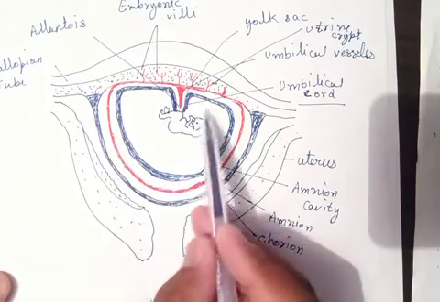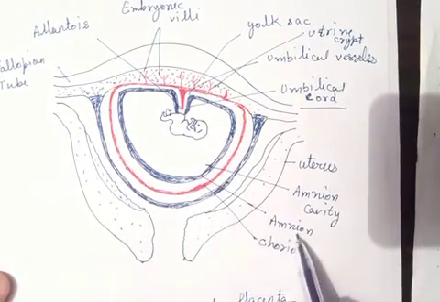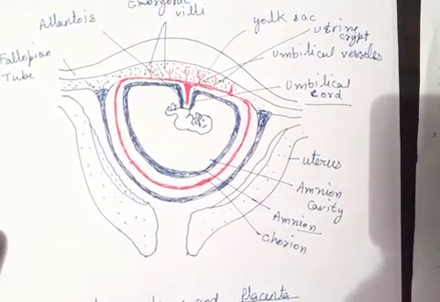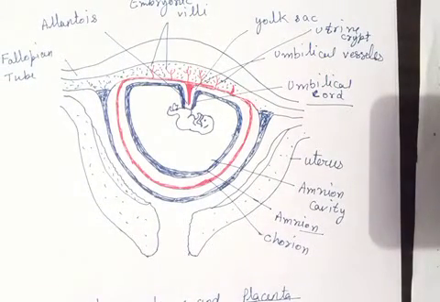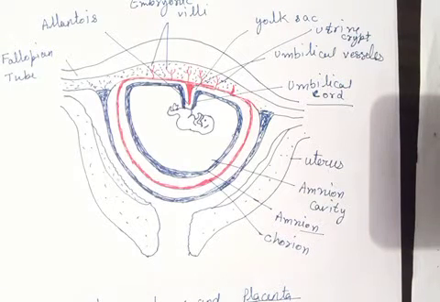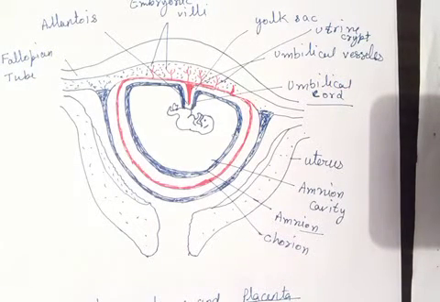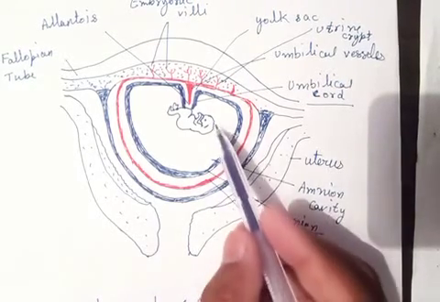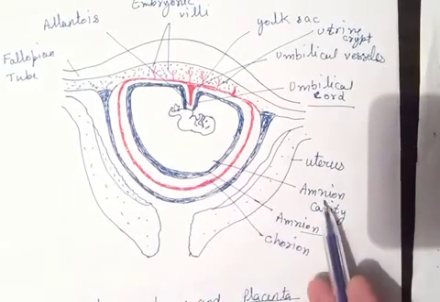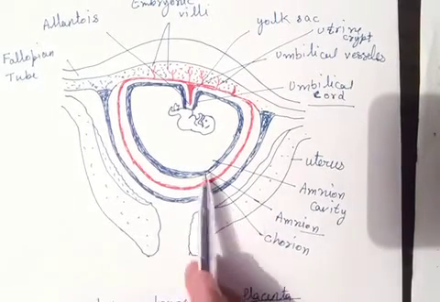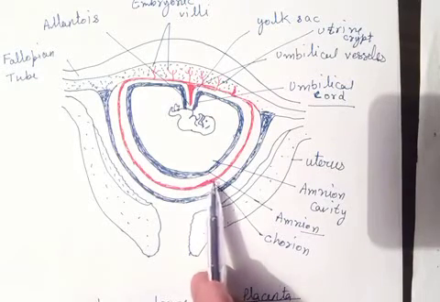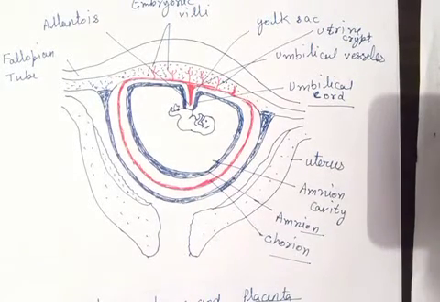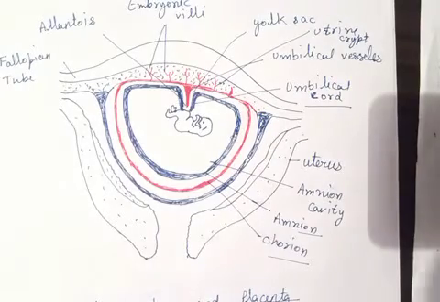On the outer side of the embryo, the layer is the amnion. In the formation of germ layers, we studied what the amnion and amnion cavity are. The amnion cavity is formed between the trophoblast and the endoderm layer, and this cavity is known as the amnion cavity. After the amnion, the second outer layer is the chorion, which covers the amnion.